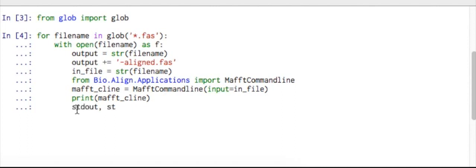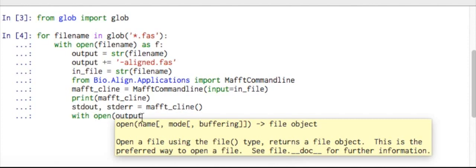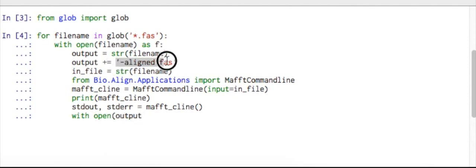we have is that MAFFT command line will export its output as stdout. So we need to write this output from stdout into the output file that we had described previously. So that MAFFT command line over there, we want that stdout. So for this we'll use our input file with the new name that was appended and make it as an output, so that our output will have the input plus aligned, and we will open a handle to write that stdout into that file name,